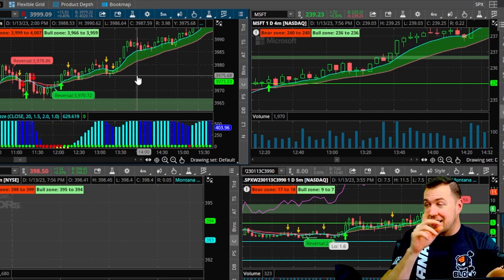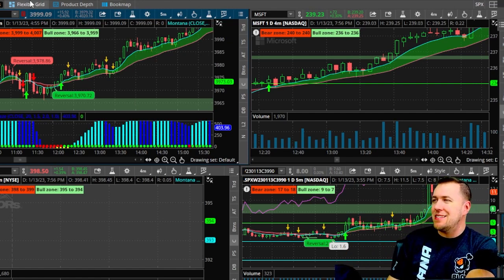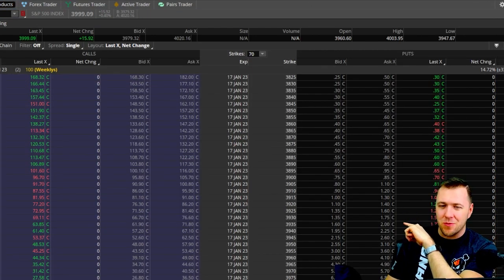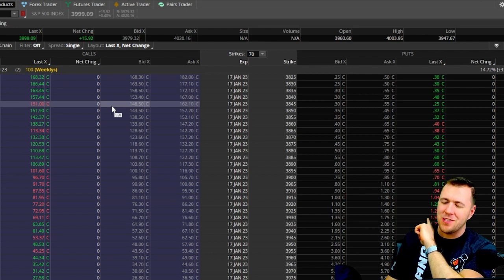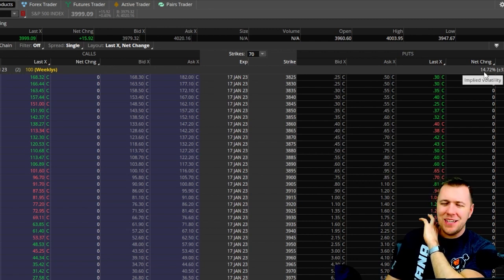And that brings us to the next thing about SPX. One of the most important things that you need to pay attention to. I cannot emphasize this enough at all. Let me make sure we can see this here. This number right here is implied volatility. If we look at our chart, we can see the implied volatility kind of increases as days go on. Some days higher, some days other. If we have a day in the market where there's any sort of news drop, implied volatility is going to be quite high. Right now we see it at 14.72, but not that high, right?